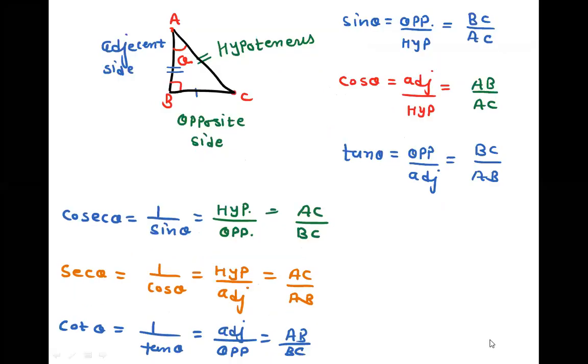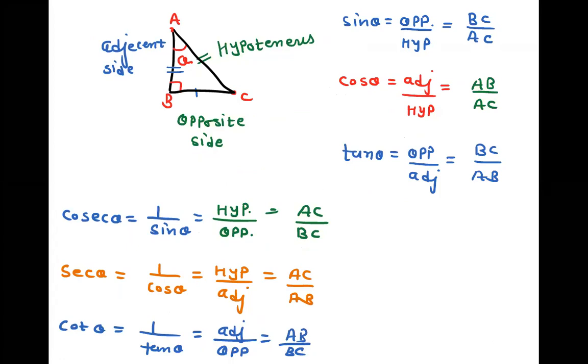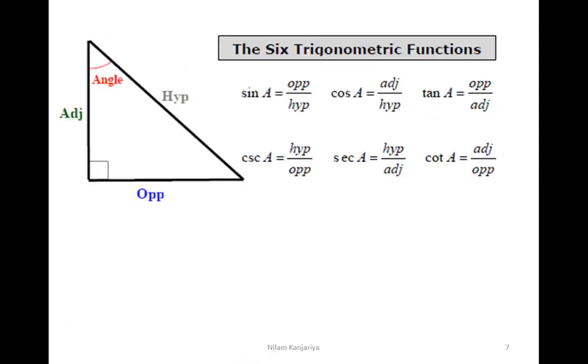So students, you must remember these formulas when you change the angles. If your unknown theta is in place of C, use this formula. If your angle is in place of A, use this formula. But everywhere you must remember the formula: what is the sine, cos, and tan, and so on. So let me start today's tutorial, which depends on these formulas. You must remember these six trigonometric ratios.